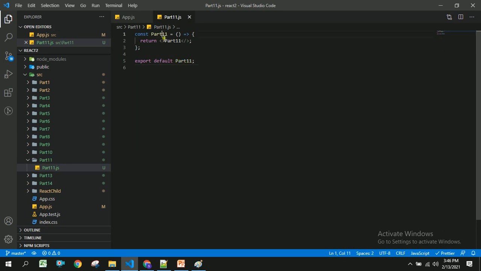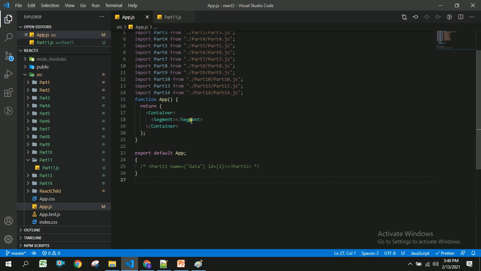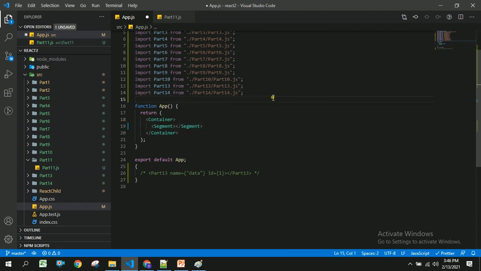The next one is we have to import this part11 in our app component.js. For this I am going to write import part11 from part11/part11.js.